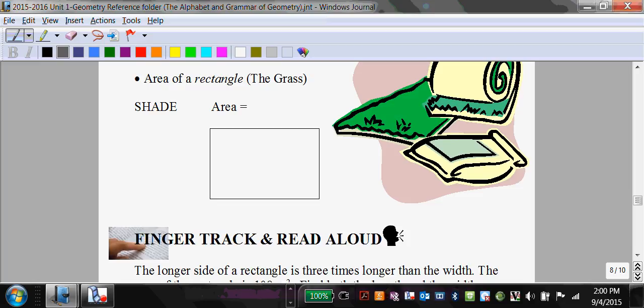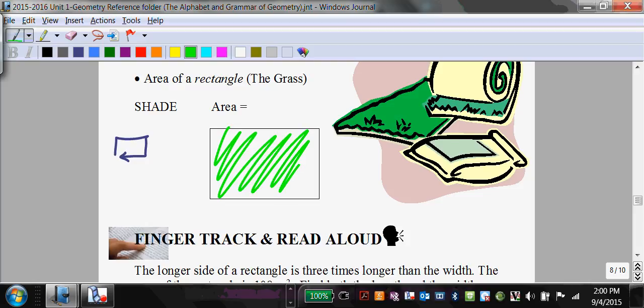And then at this point, if you want to do another one with me, you can pay attention, or if you want to go work on your own, you can. Area, just like perimeter, I always want you to walk around. Area, I always want you to say, always say area. We're on your reference on the right-hand side now. Label length and width. Out loud, area is